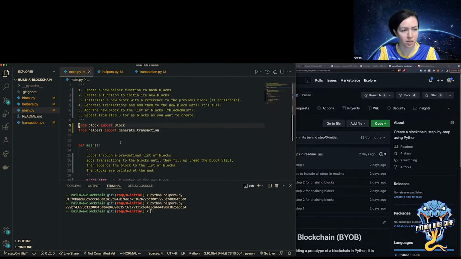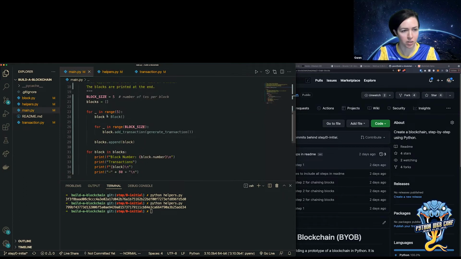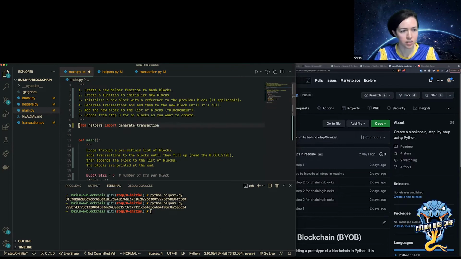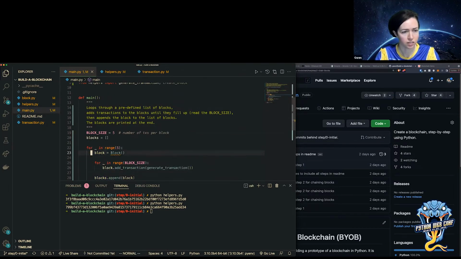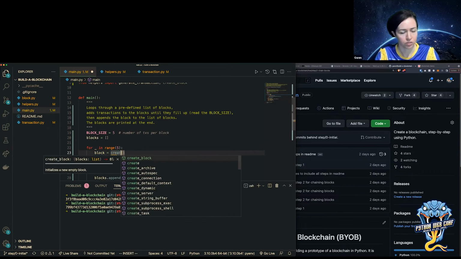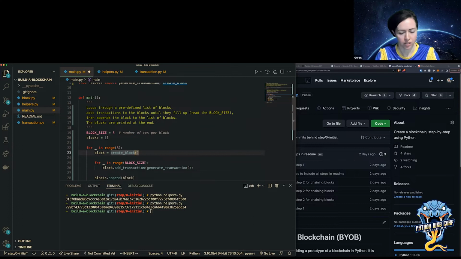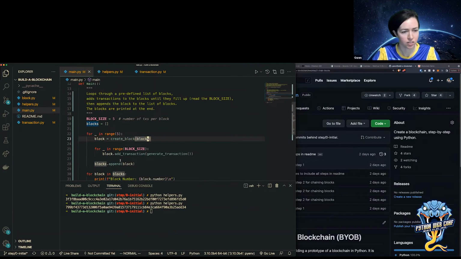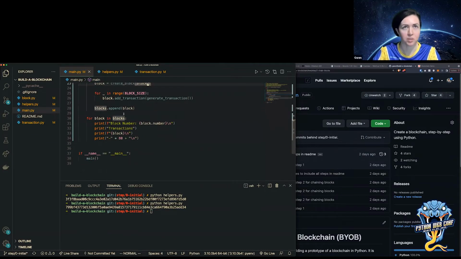So now if I go to main.py, I don't need to create the block directly. So I don't need to import this. Instead, I can do create block, and then here. Of course, now that create block function is expecting the list of blocks. So I do have to pass in the whole list of blocks. And yeah, that should create blocks with the hash. The only thing I'm going to do is update the print so I can print out the previous block hash, I guess.